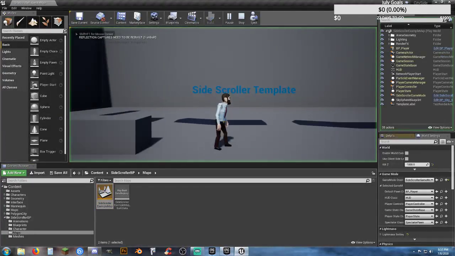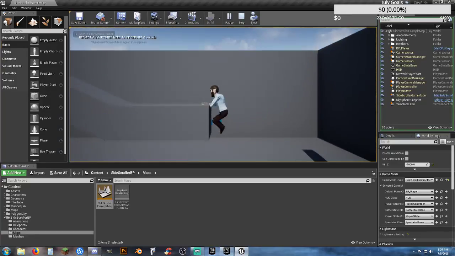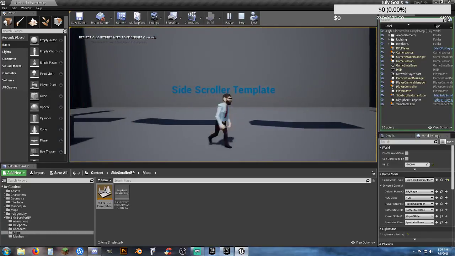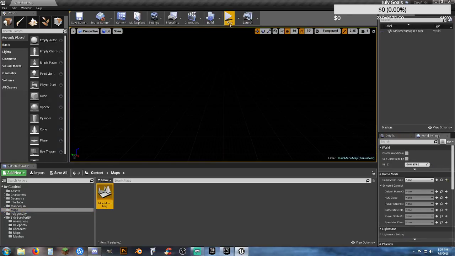So now anytime we go into this map, we don't have the mouse cursor, we can immediately start playing. And we're not going to keep this map, we're just using it to test a few things really quickly. So I'm not even worried about doing a build on the reflection captures or whatever it's telling me to do up there. I'm going to go back to my maps folder, go to my main menu map,